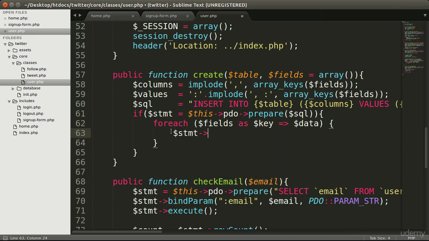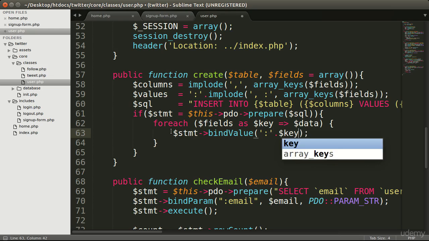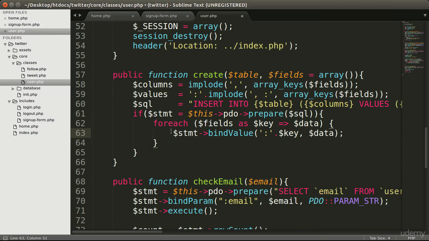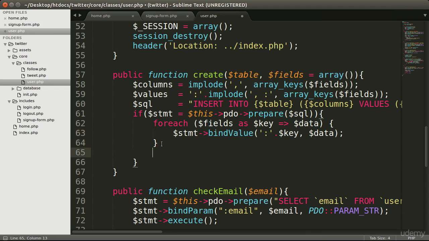So statement bind value, we need to add a colon here, and I have to concatenate the key variable to get the column name for our placeholder. So key variable here, so this will get the column's name, and we need to add the value to bind the value. So here will be our data variable,